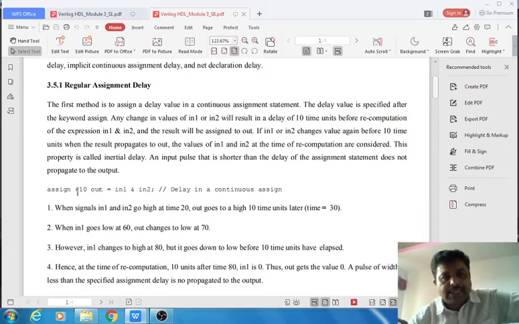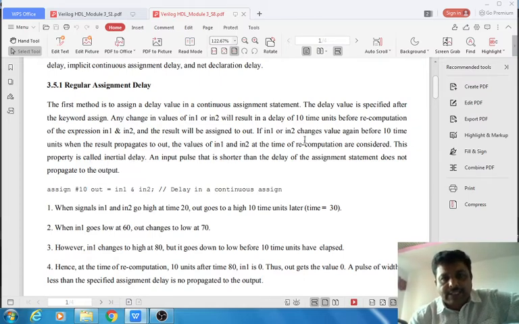But here we have assigned a delay of 10 nanoseconds. That means the computed value must be assigned to the output signal only when the simulator time reaches 10 nanoseconds. This property is called inertial delay.